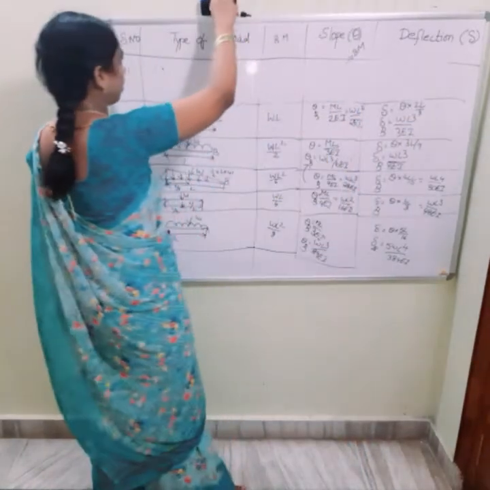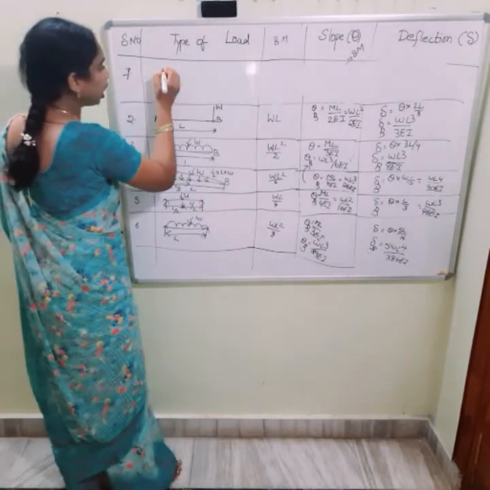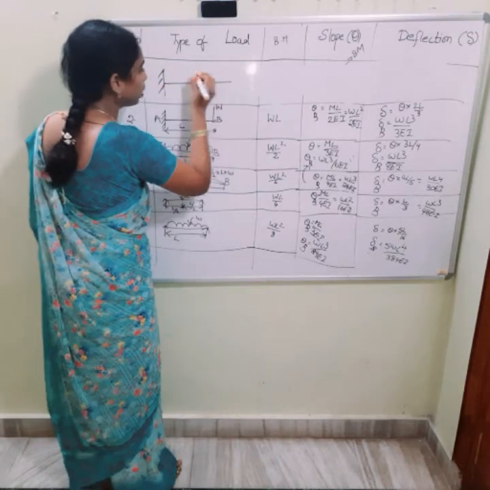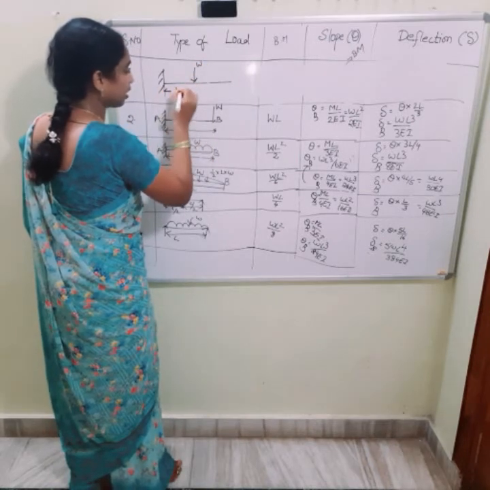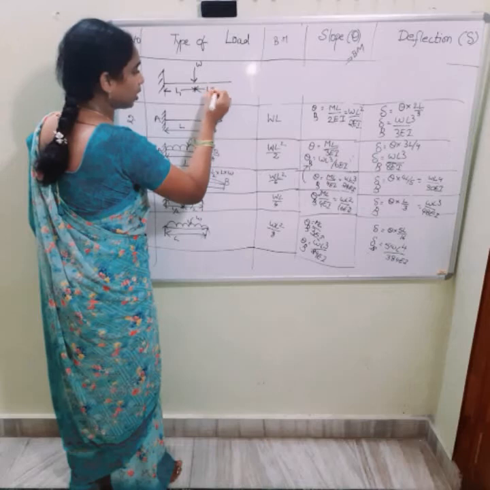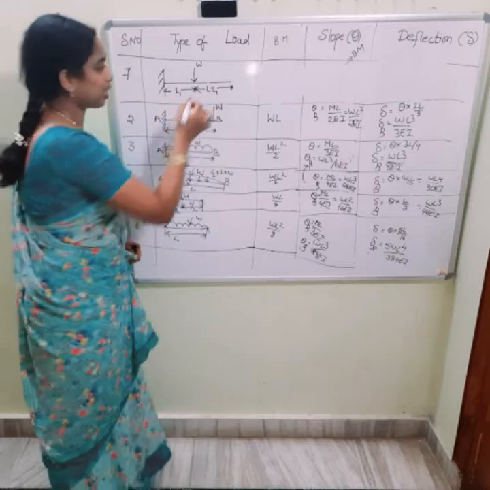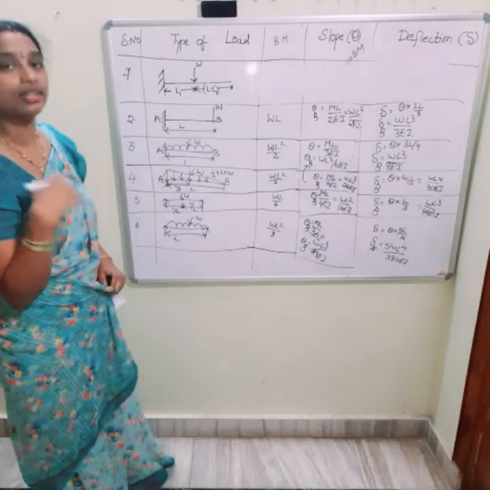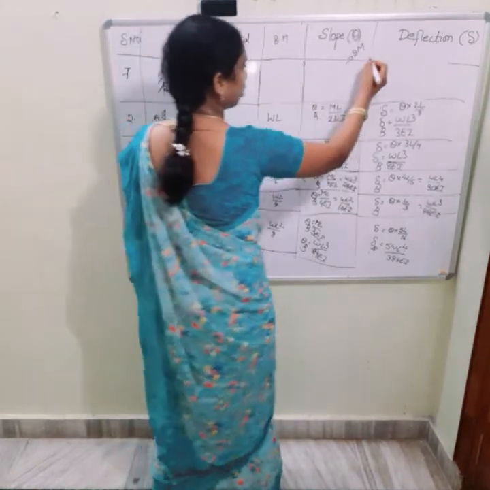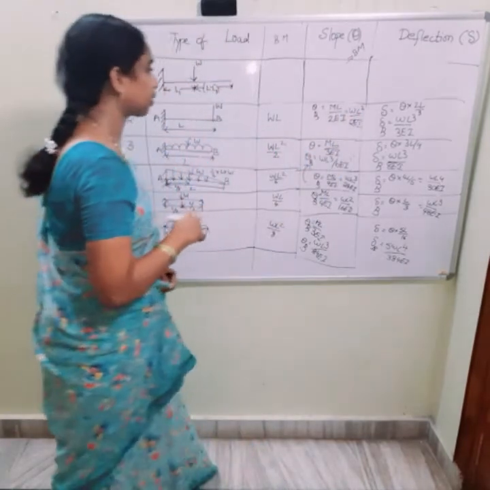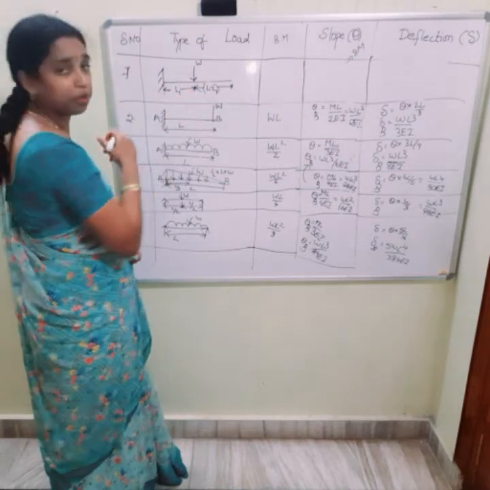Now, I am giving you another formula, I am taking it as 7. So, till now I have discussed at the free end. Now, if a load is acting at some distance, essentially between A and B at some point, not at the center, right? If it is acting at some distance, L1 and L minus L1 I have taken. So, I need to calculate that type of formula also. For that one, the slope is, here also the maximum bending moment is at this point only I should calculate. So, W into L1 only.